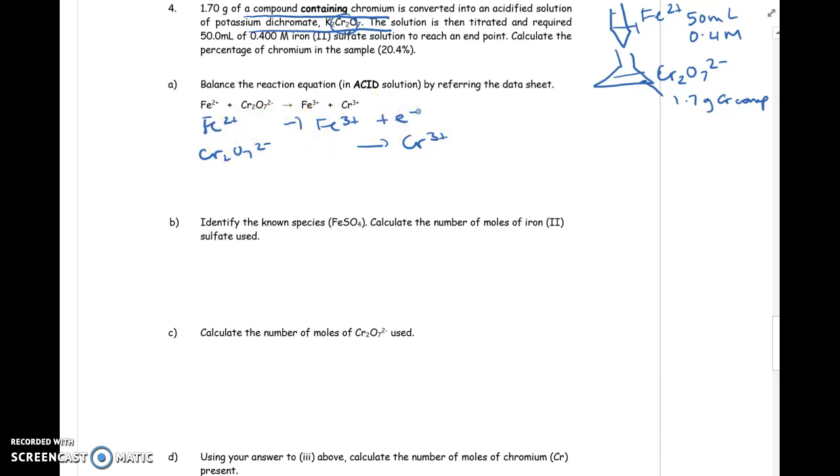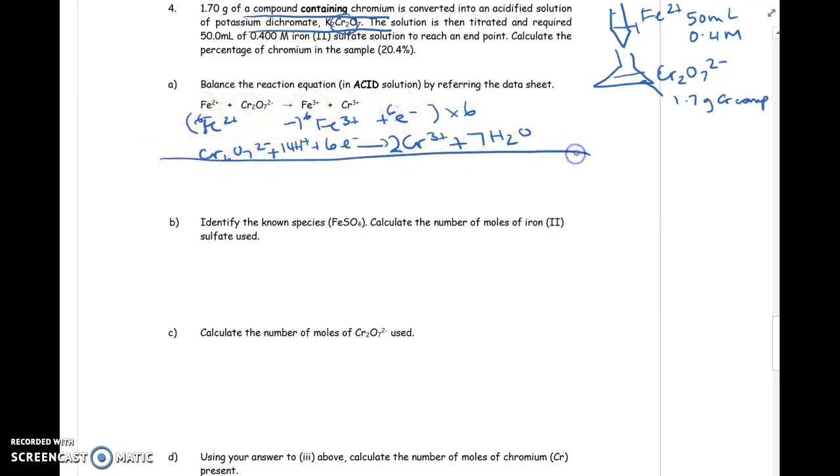Now you can either balance it through the ion electron method, or you can go to your data sheet, which I highly recommend, because then there's less likelihood of a mistake. And that's where I'm going, is my data sheet. Now, the problem here is this has got 6 electrons, this has got 1, so we need to times this by 6